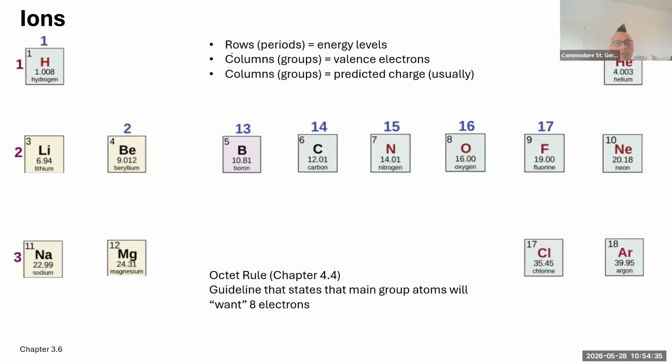Well, we're going to use these different rows and columns, or periods and groups, to figure that out. And so what I'm going to be doing here is drawing what's called an energy model of an atom, or a Bohr model. The Bohr model of an atom is going to show energy levels,